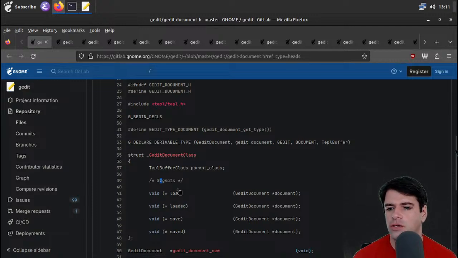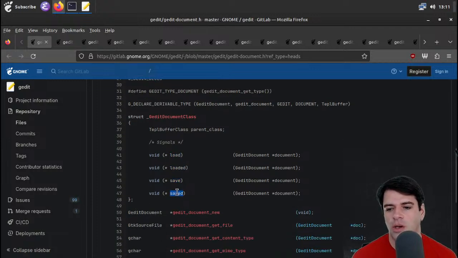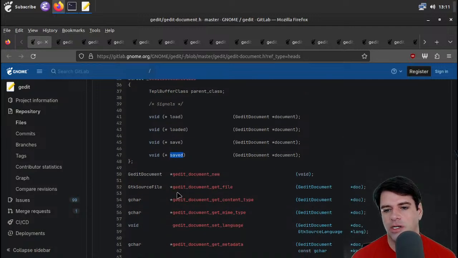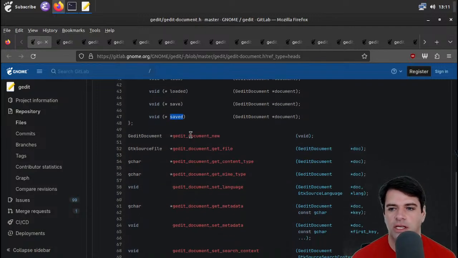Oh, these are signals. I'm not sure what the difference is going to be between load and loaded and saved. I guess maybe load is the intention to load and loaded is the loading finished. Save is possibly the intention to save, whereas saved is maybe the signal that saving has finished. And we have